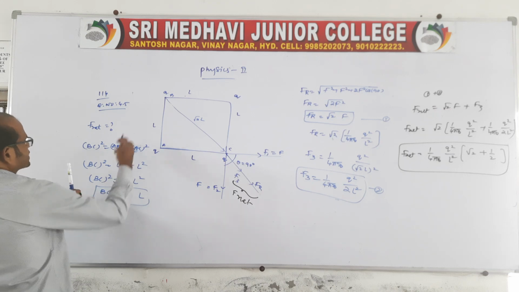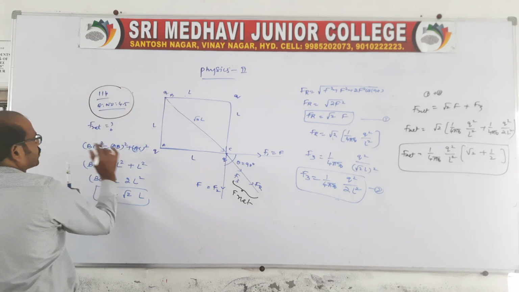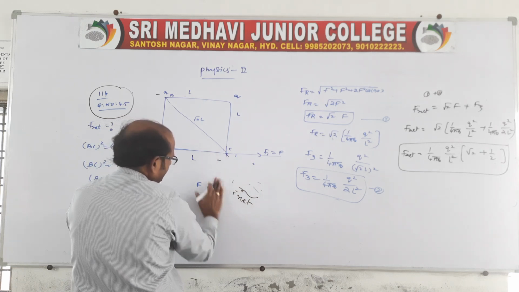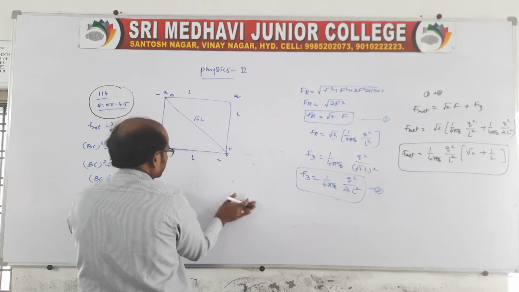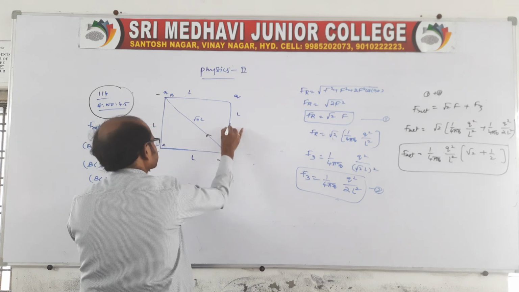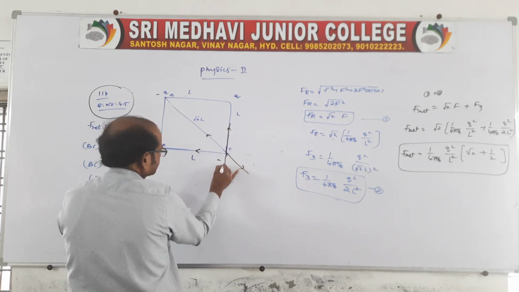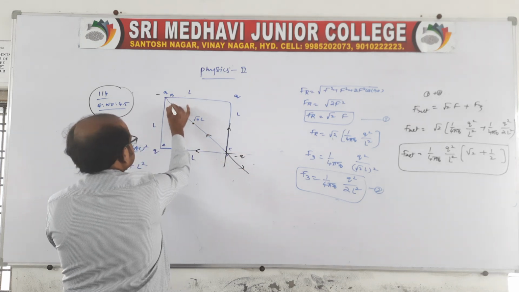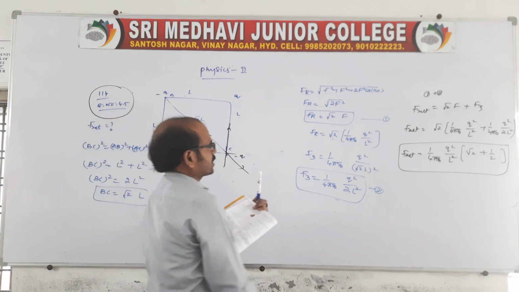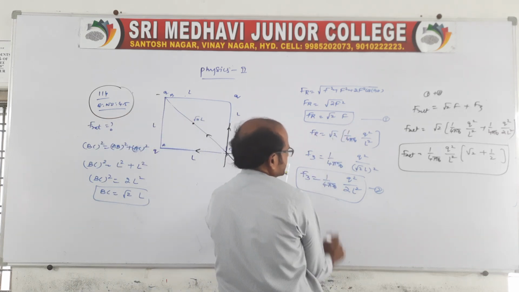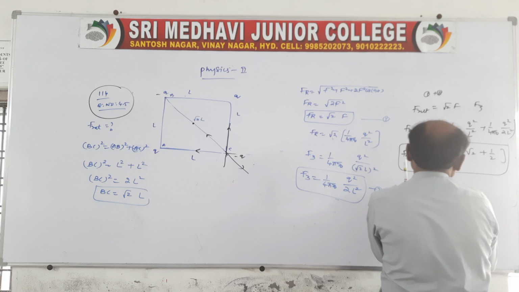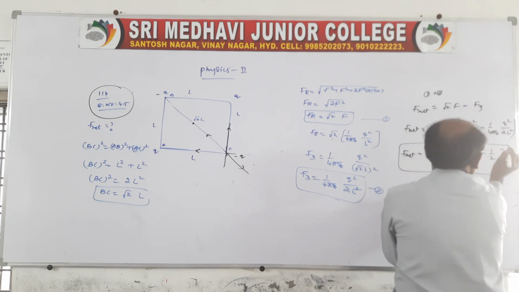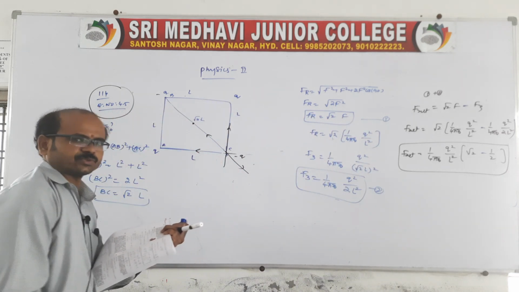Question 4.5. See, in this question, now you change it to minus q. What happens now? The resultant will act like this. I will show you. Everything is the same, but the diagram will be reversed. It acts like this. Clear? So here the minus q charge is there. So the net force will be towards the minus q charge. The root 2 F is the same, F3 is also the same, but you take the net as minus. A very simple change. That's all it is. The answer is the same, root 2 minus 1 by 2.